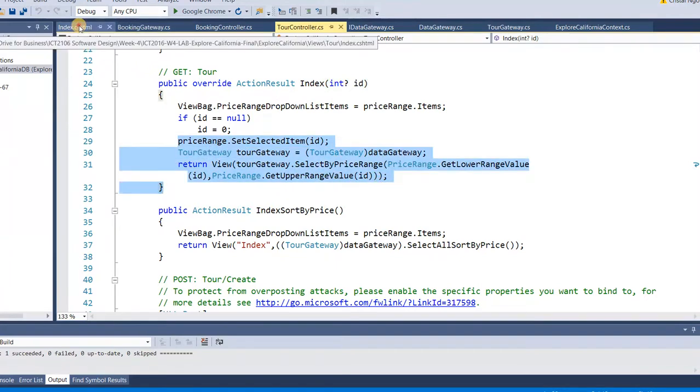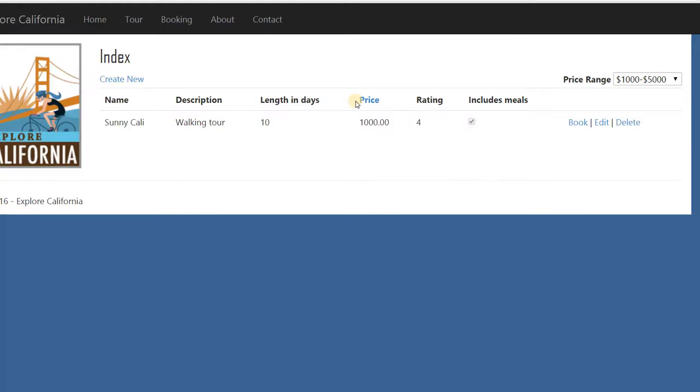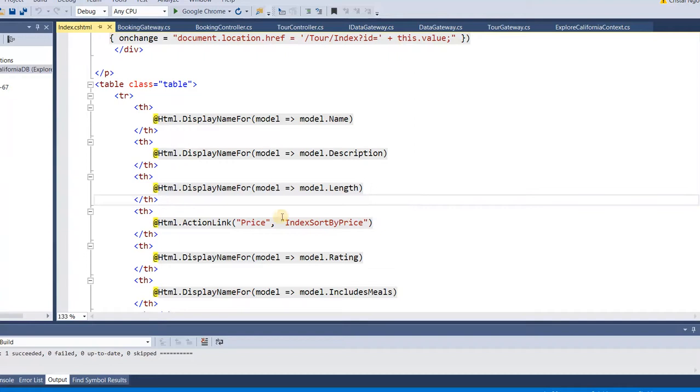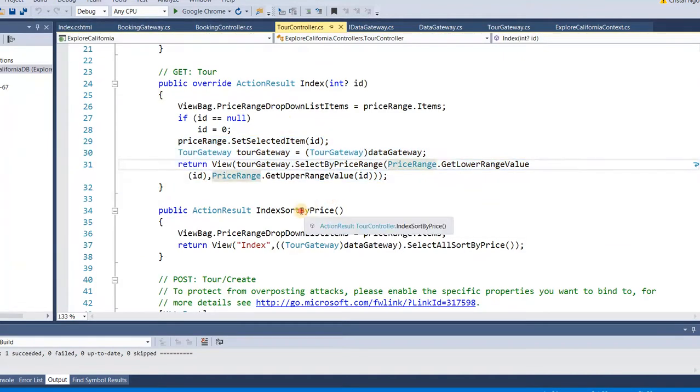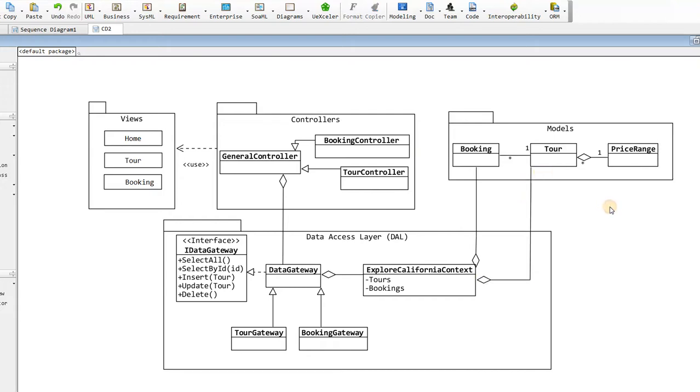Okay, go back to this one thing here, which is the price link that you can see. So when you click this one, it will be redirected to the tour controller, but it's a different action: index sort by price. So if you go to the tour controller, this is index sort by price, and it is basically using the tour gateway's select all sort by price function. Alright, so that's all. That is the new design for the Explore California